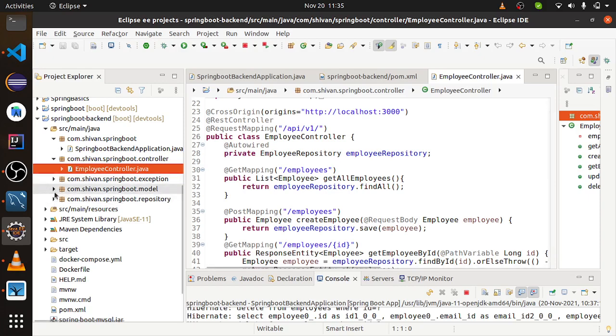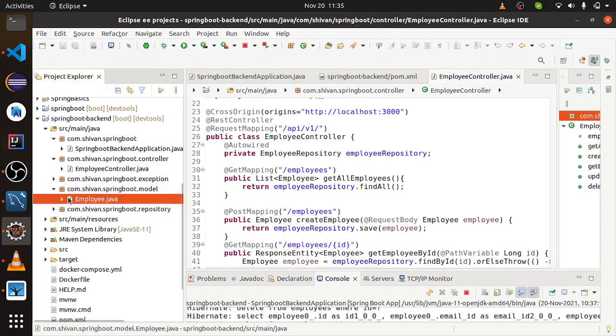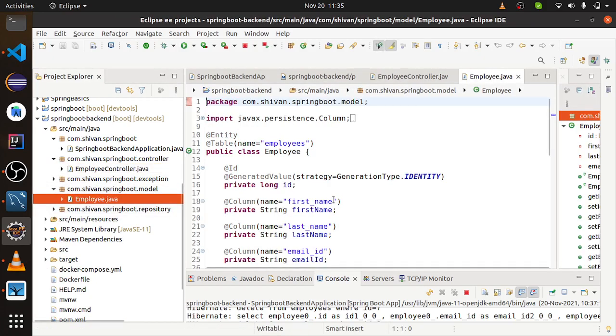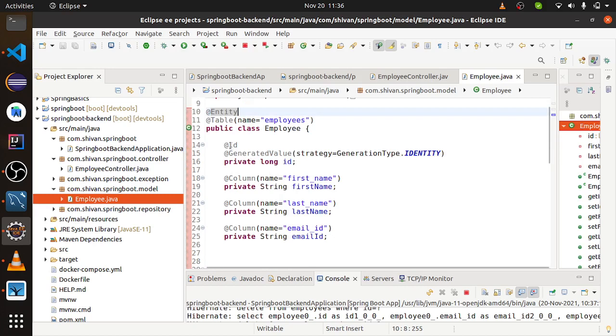For the repository we have taken an entity file where we have used the annotation Entity, and we have used the annotation Table where we have provided our table name as employees, and we have used id as a generated value. So when we use Postman or any Thunder Client kind of tool to check our REST APIs, the id is auto generated even if we don't provide it.